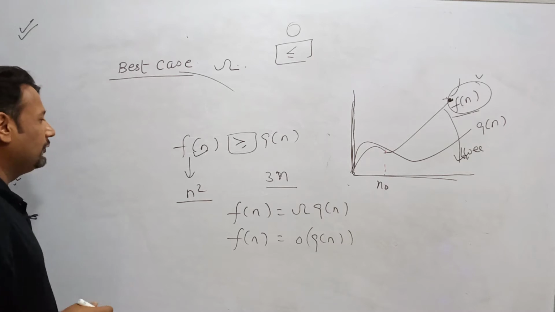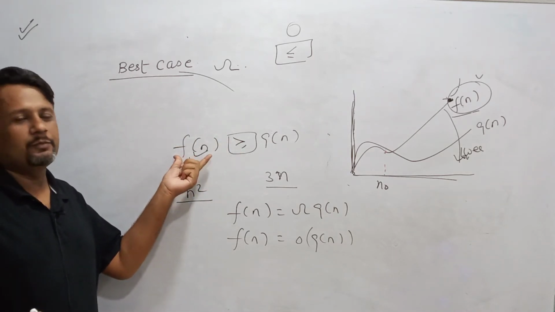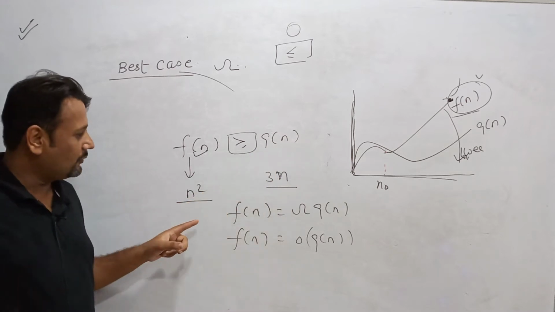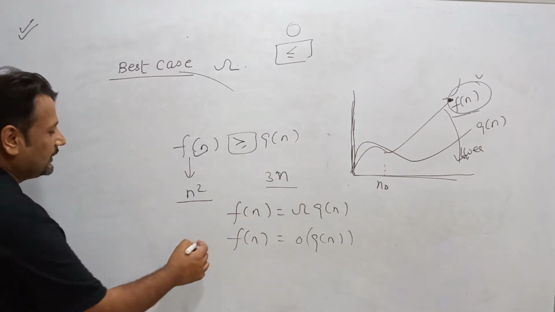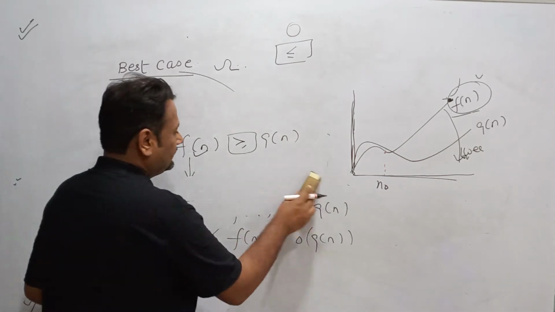Because we can never prove, for any value of n or constant, that this f(n) is less than g(n), only the omega relation is possible. The big O relation is not possible. This point is clear? Similarly,